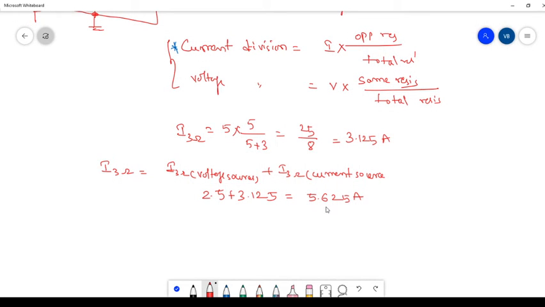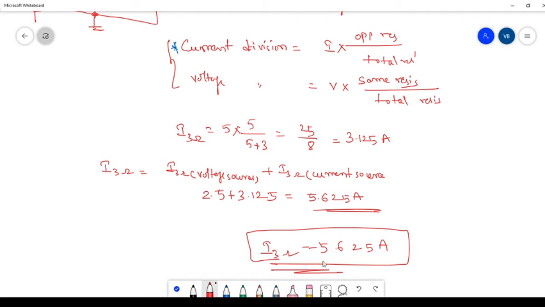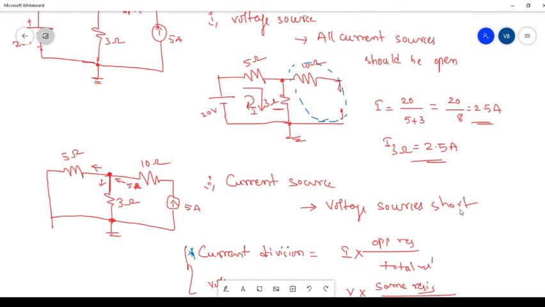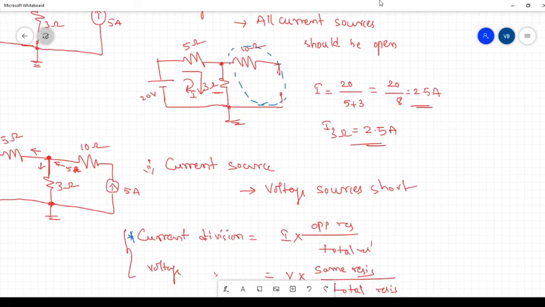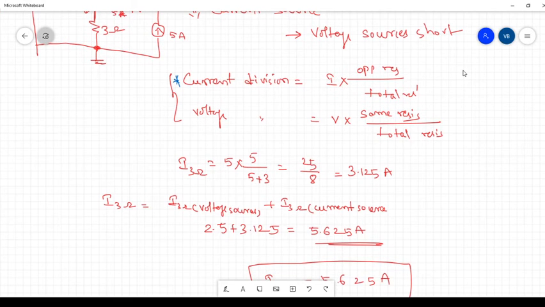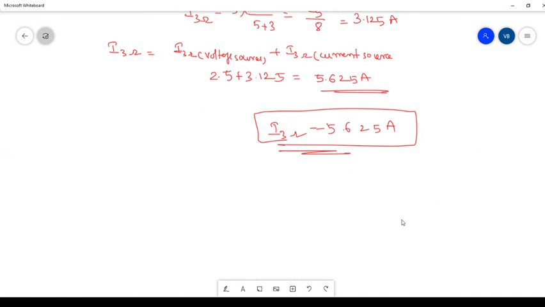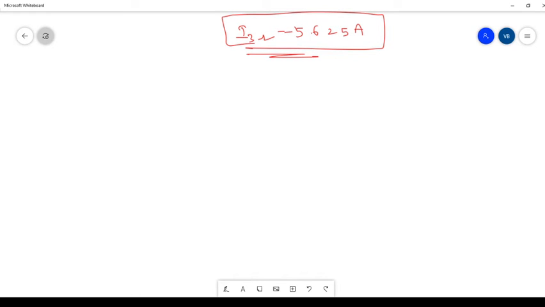Okay, the same value, we will just observe now. This is the total value, I in 3 ohms is equal to 5.625 by applying the superposition principle. So by applying KCL, what do you get? Just observe here. By applying KCL also we get the same value, 5.625. So like this we can apply the superposition principle. This is about the superposition principle.